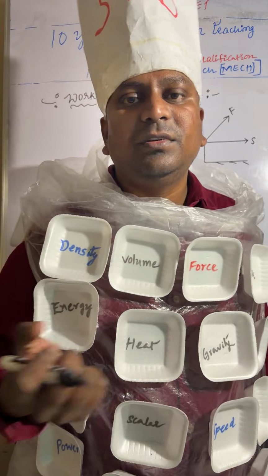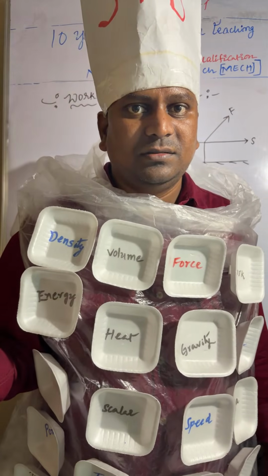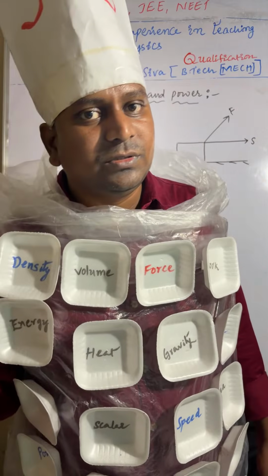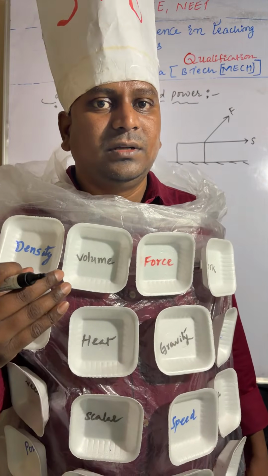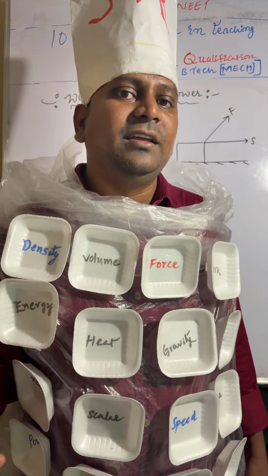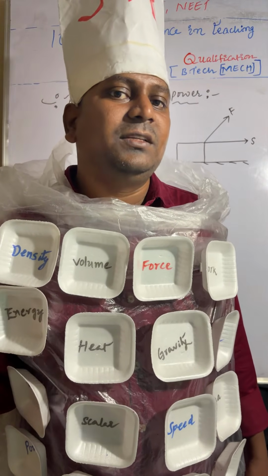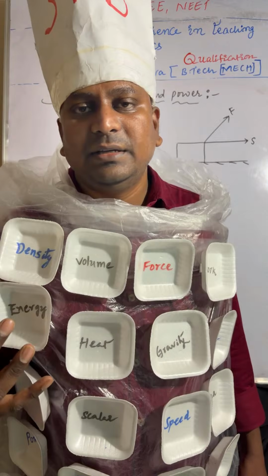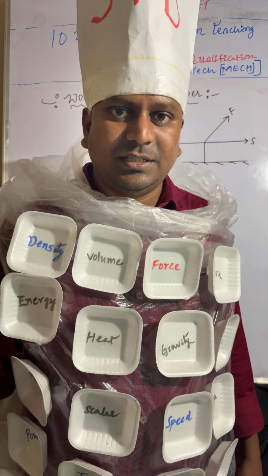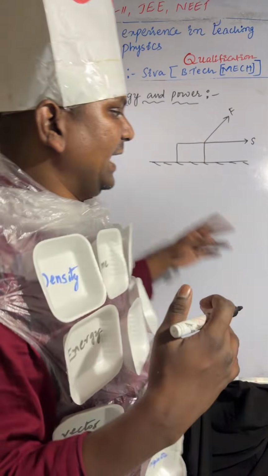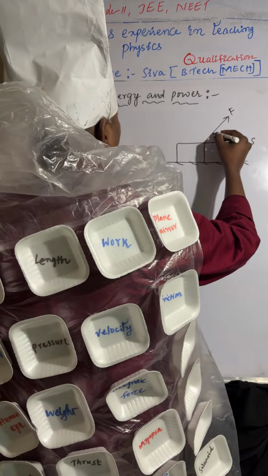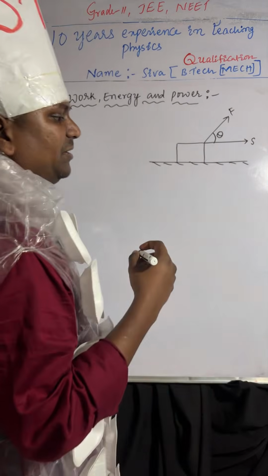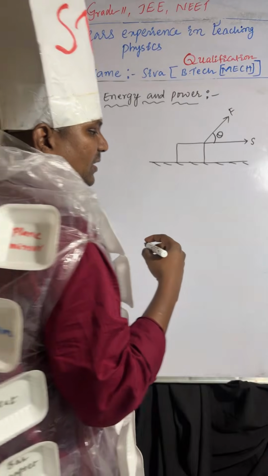When you are drawing the table, we apply some inclination with the horizontal surface, but the object moves horizontally only on the ground. Chair, table, luggage bag, all these examples we can say. When we apply force on the object, it moves horizontally. So the angle between force and displacement is theta. That is the angle between them, right?